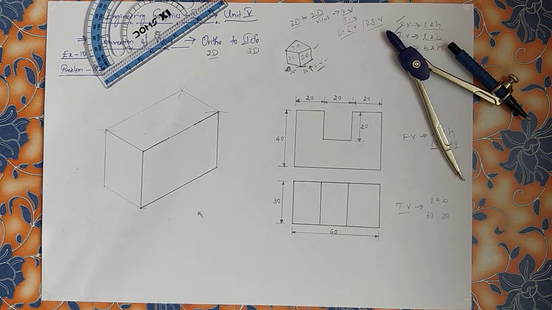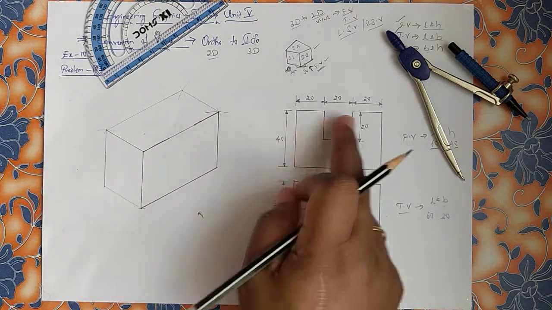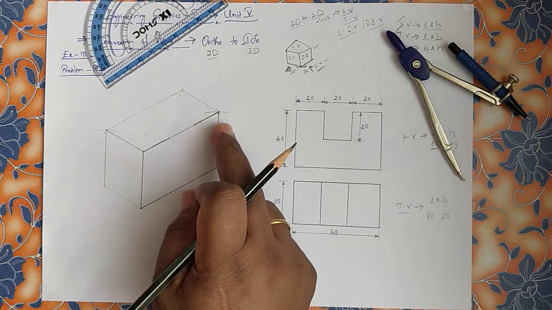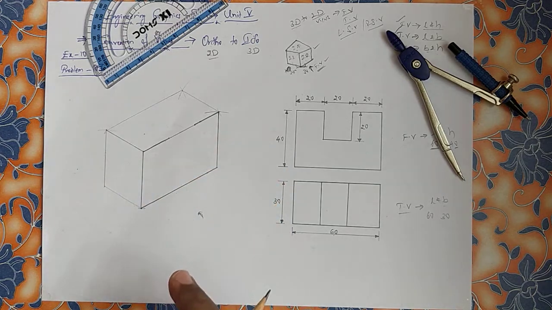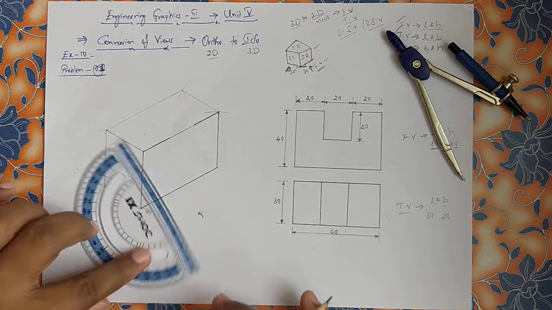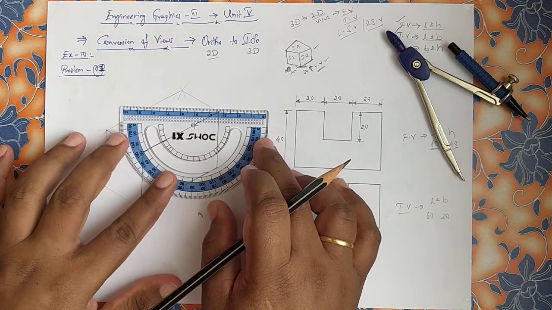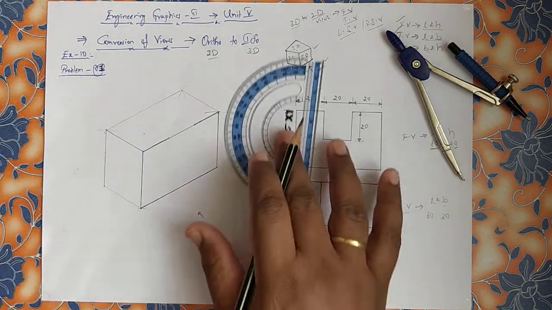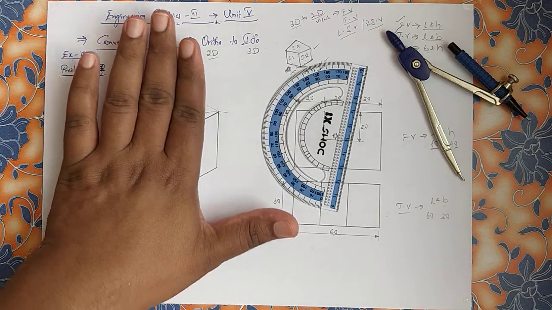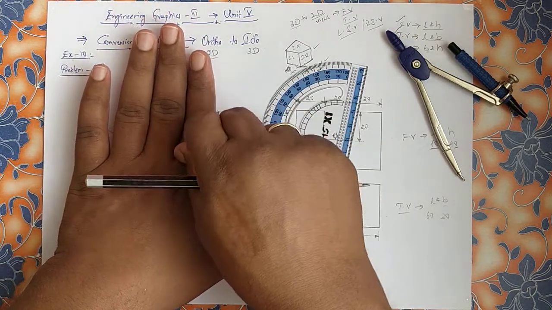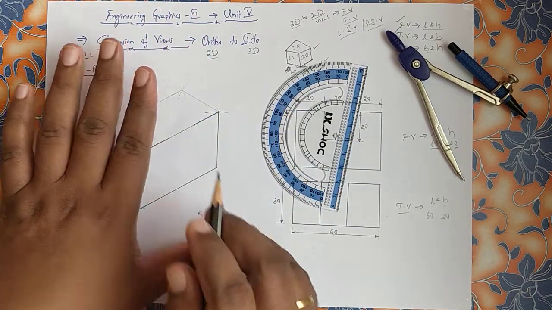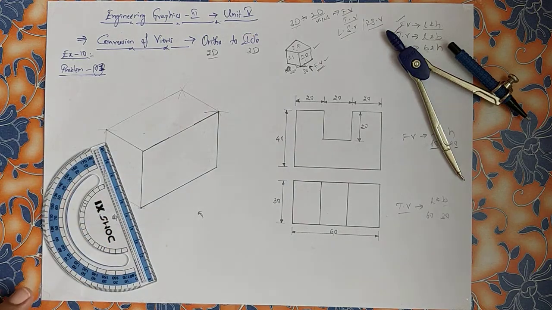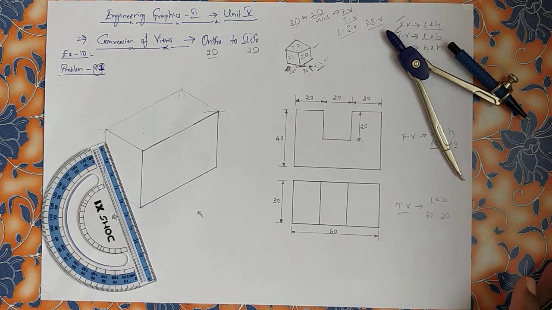Now here comes the main thing, it has to come down in height. What angle does it have to come down at? 90 degrees. Here 90 degrees means with the help of the protractor you can draw 90 degrees or not. Here comes the main purpose of the drafter. Once your drafter is there, you can align this and keep it. But as for the drafter, see, this is a plank which I am using as a study table and reading pad.